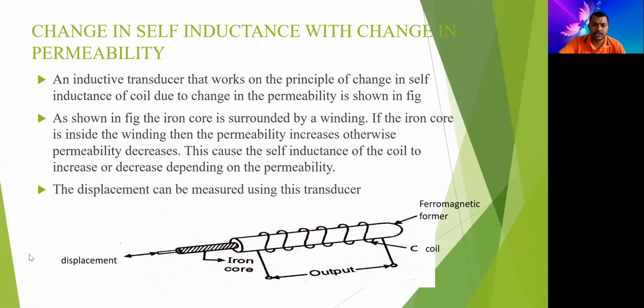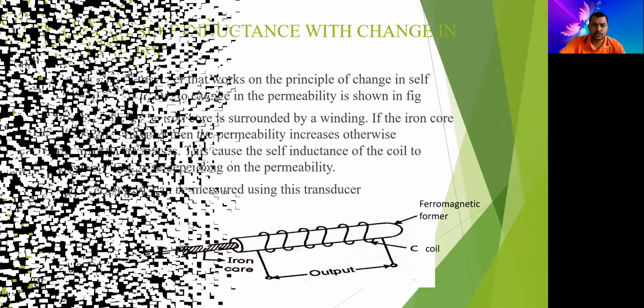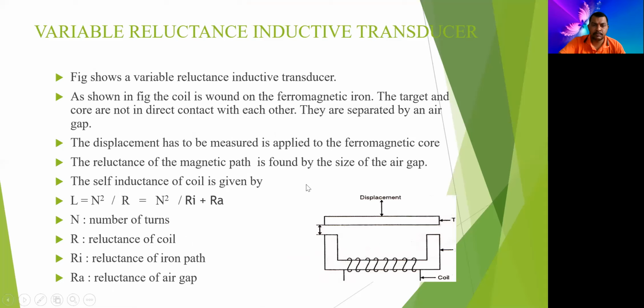And then we have studied the change in permeability. Change in permeability means the magnetic field inside a coil can be varied by using just an iron core, which can be pushed inside or taken outside. Accordingly, the EMF which is being generated will change. So that is again used to measure displacement. And this is another type where we have two reluctances, the magnetic field outside the coil, right? This can be changed by using displacement in upward and downward direction. And we have this formula.